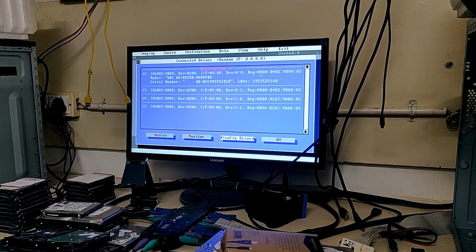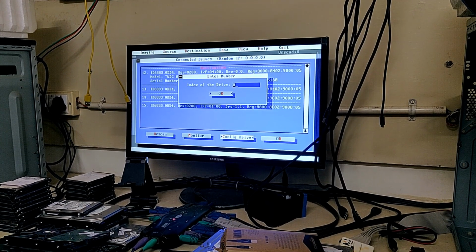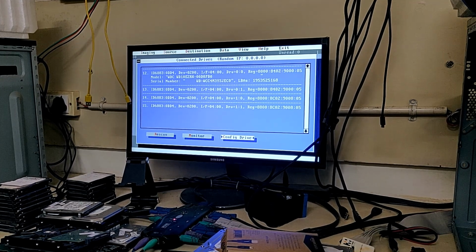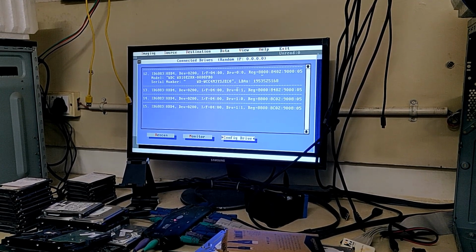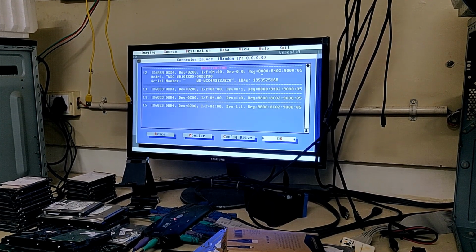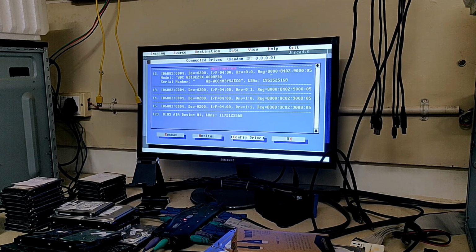Let's create our config drive. I don't think so I have a config drive in this PC, but I need to do that. So I will again switch it off and then put the config drive and then switch it on again. So our config drive is detected.